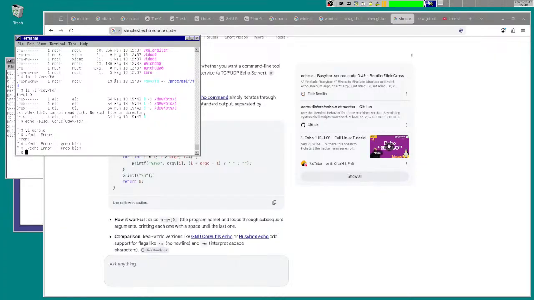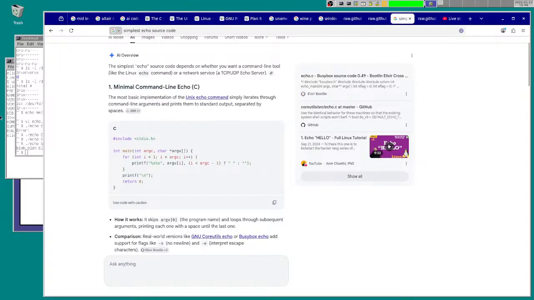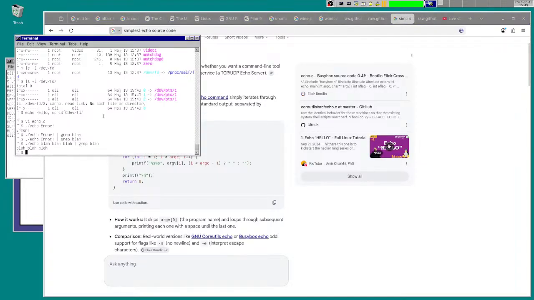But let's do this: echo blah blah blah, and this pipe character sets the output to the input of grep, which is blah, just like this. I had started writing a textbook kind of thing, which I didn't have a link for you here.